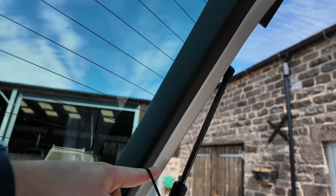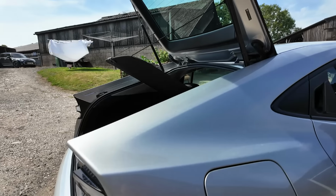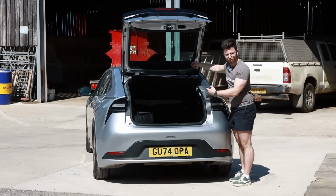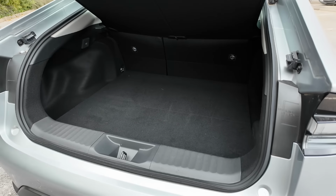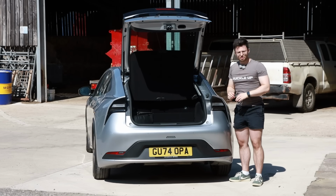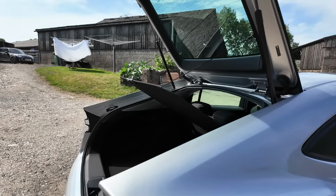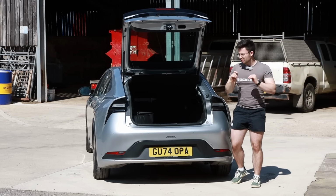Every time I've gone in the boot this week, I've hit my head on this. Because the boot's not very deep, but goes a long way back, you have to lean into the car to actually get stuff into it. And I always keep hitting my head on this. Thankfully, you can kind of just do that and it'll stay there, but I shouldn't have to do that if the engineers had mounted this here. That would have just made so much more sense. Anyway,